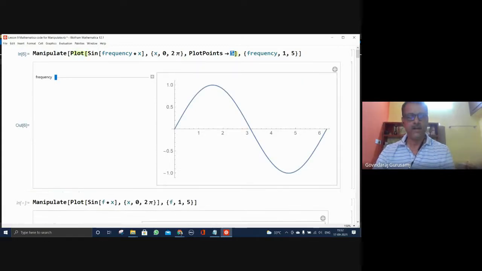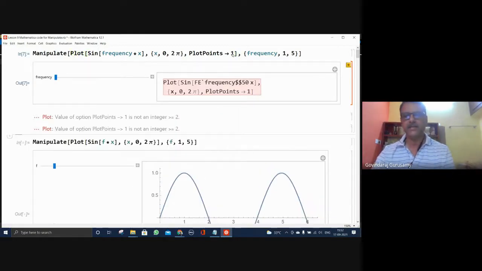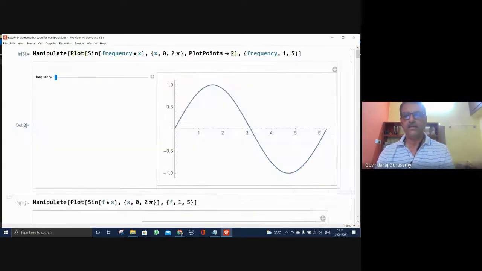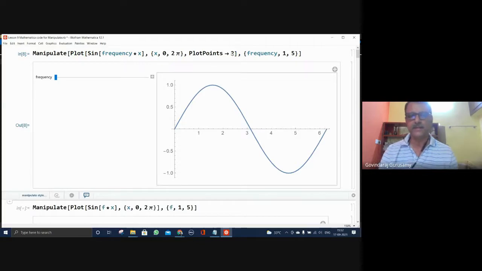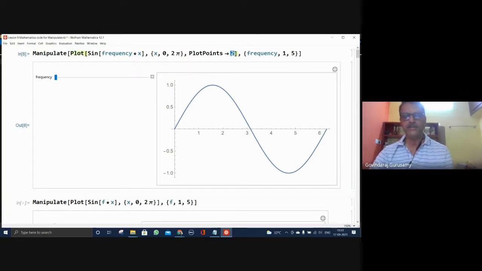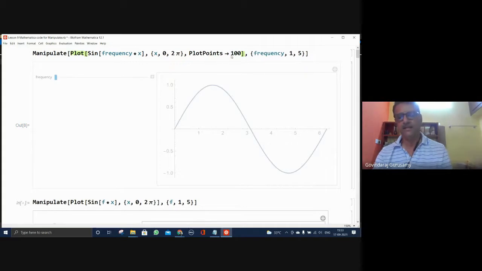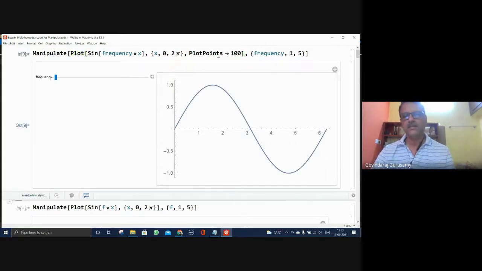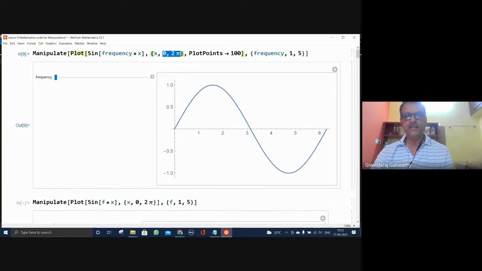So plot points will be taken automatically, mathematically. 1 point doesn't plot. If I have 2 points, interpolation has been done with these 2 points and it has been given. So even though you ask for a number of plot points 2, it gives the full range. If I make the number of points 100, it's not a problem at all. So depending on the function, the number of points needed is taken care of automatically by the plot statement. Therefore, increment is not allowed.